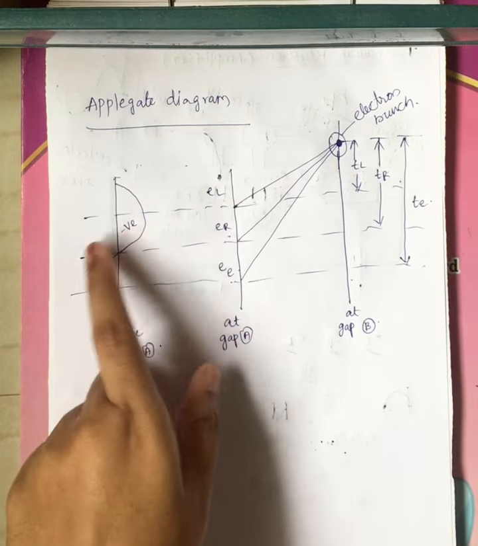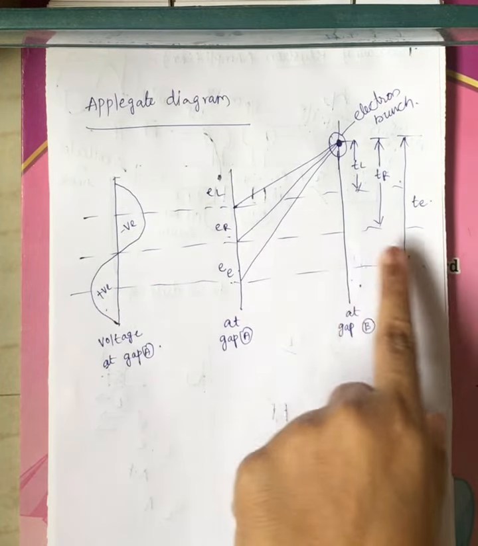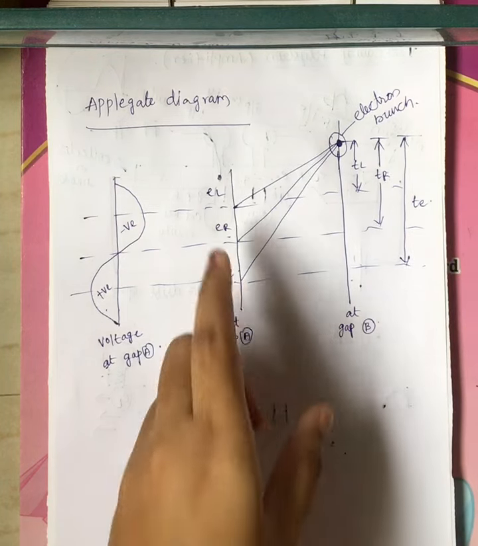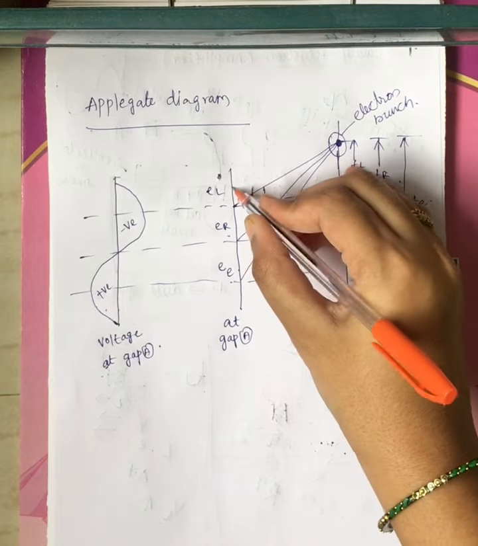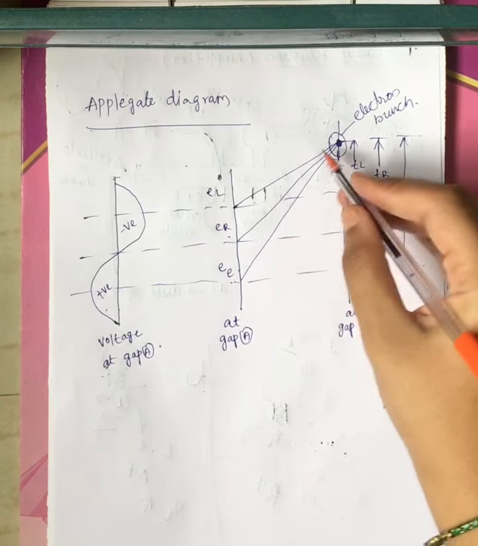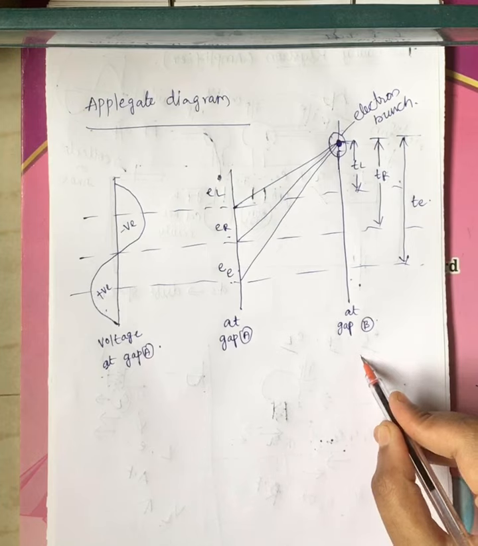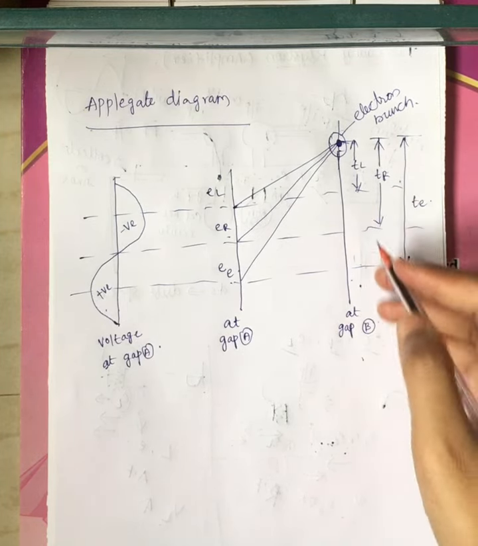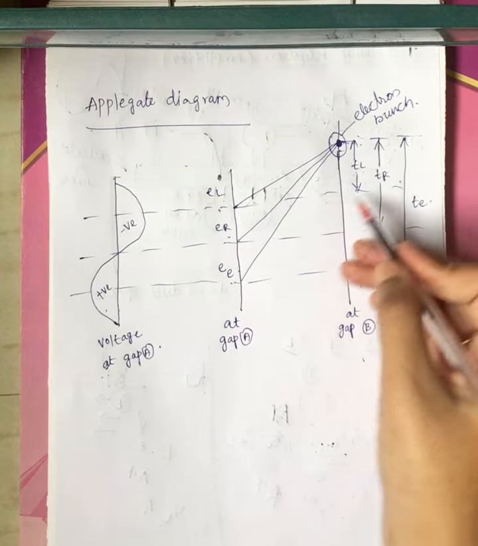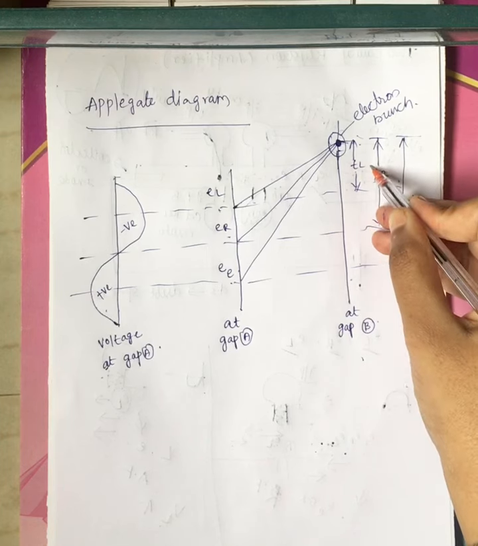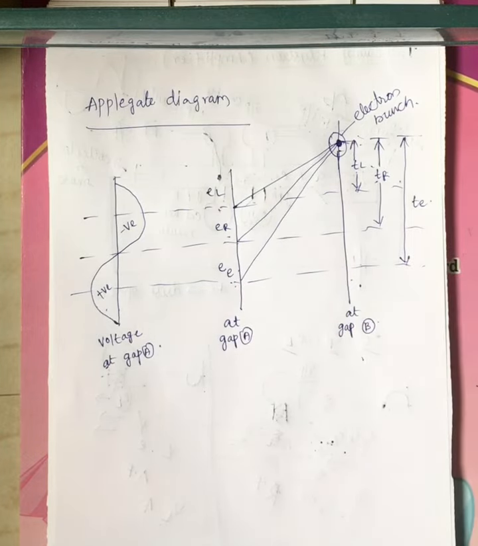Now coming to the reference electron, its velocity is somewhat greater than the early electron. Coming to the late electron, during the negative half cycle, the direction of force acting on the electron will be along the direction of flow of electron, because the electric field will be in the reverse direction. Because of that, it will have the highest velocity. Now these three electrons will form an electron bunch at gap B. TL is the time taken by the late electron to form the electron bunch, TR is the time taken by the reference electron, and T is the time taken by the early electron.